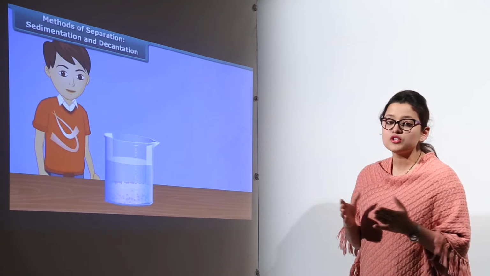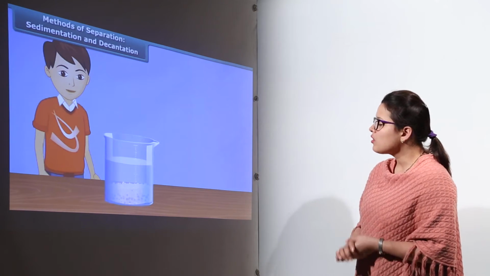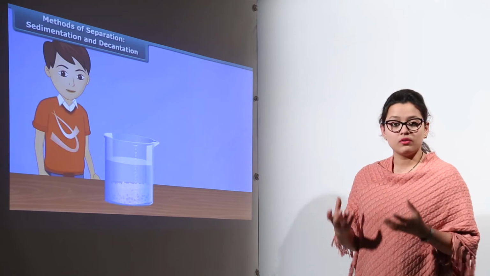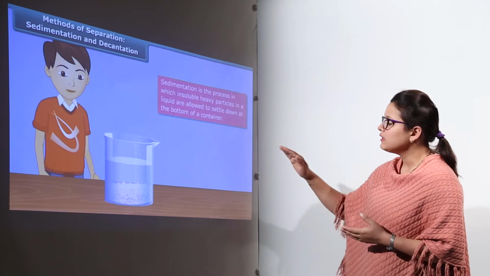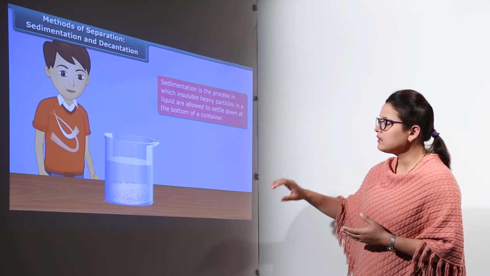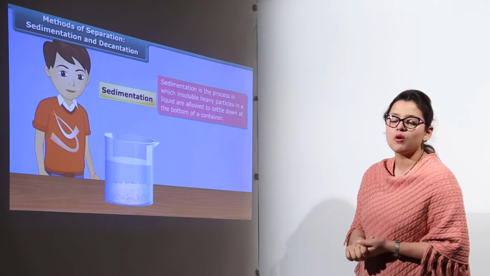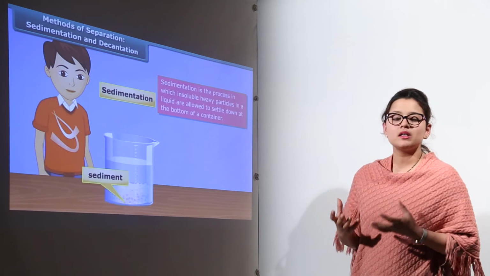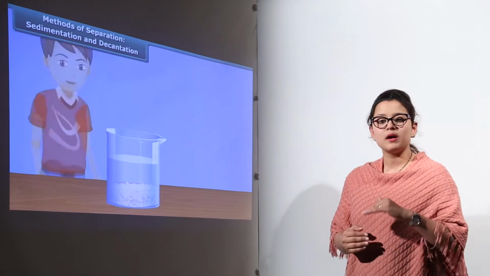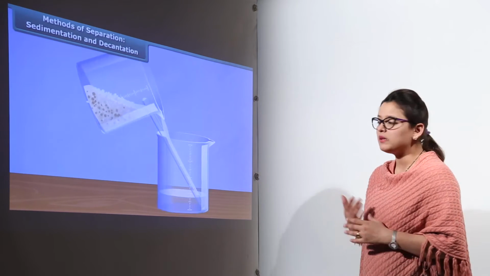How did this conversion take place? So we are going to answer this. Because the heavier particles were of sand, they had deposited at the bottom in the form of sediments, and we have the other layer above the sediments, that is the pure layer of water. So this is known as sedimentation, in which the heavy particles settle down and the light particles remain at the top floating above it. So this is sedimentation.